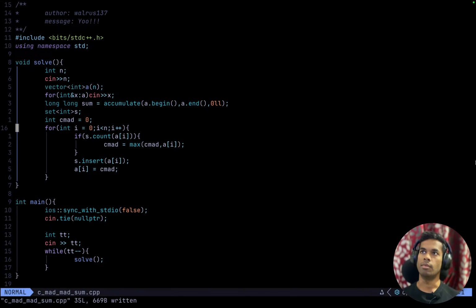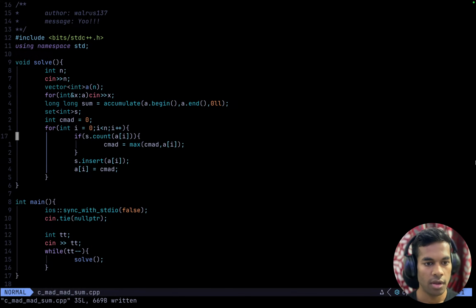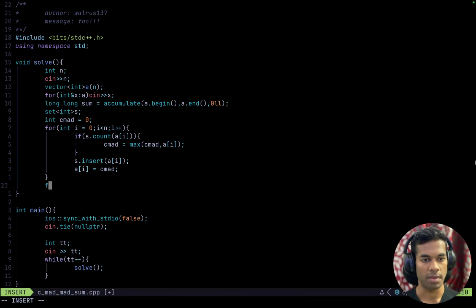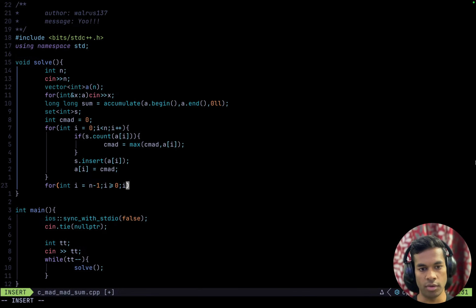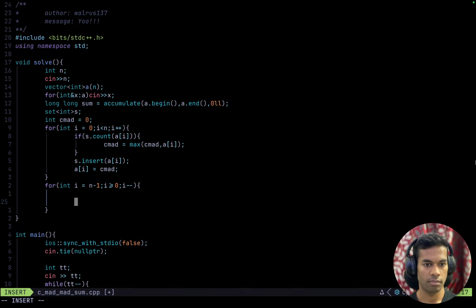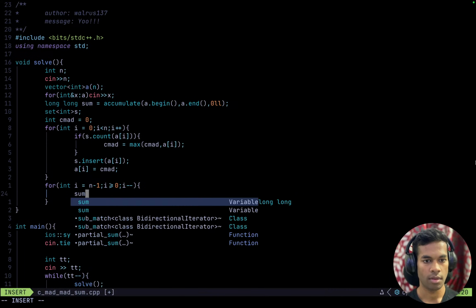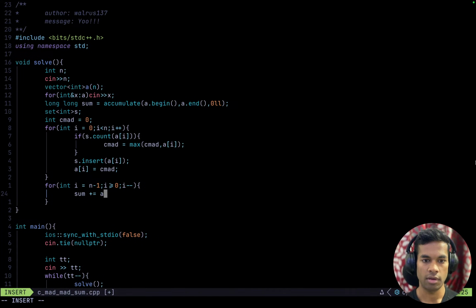I think this is working fine. Okay, and then we will go from the back to the front. For int i equals n minus 1, i greater than or equal to 0, i minus minus, sum plus equals a i